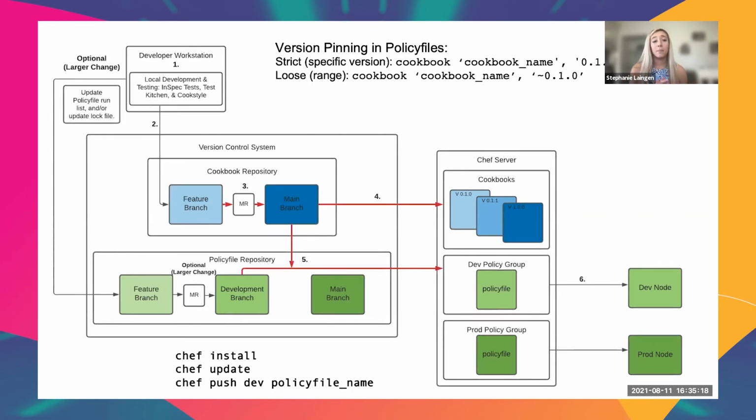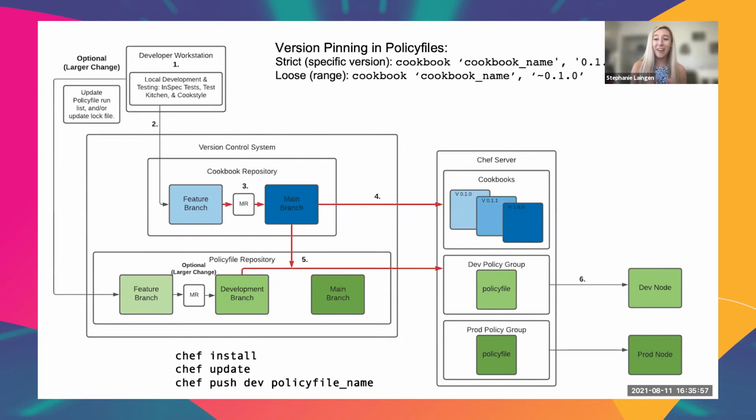The next step here is, and there's a lot on this slide. So if we remember our version pinning options that we had from before, I'm going to go ahead and talk about what happens when we use loose version pinning with a minor version change first, and then we'll talk about other options that we have. So let's say we've upgraded from 0.10 to 0.11, meaning a minor change, and this new cookbook version is within a loose range that we've specified, meaning that our policy file is ready to include it if it exists on the Chef server.